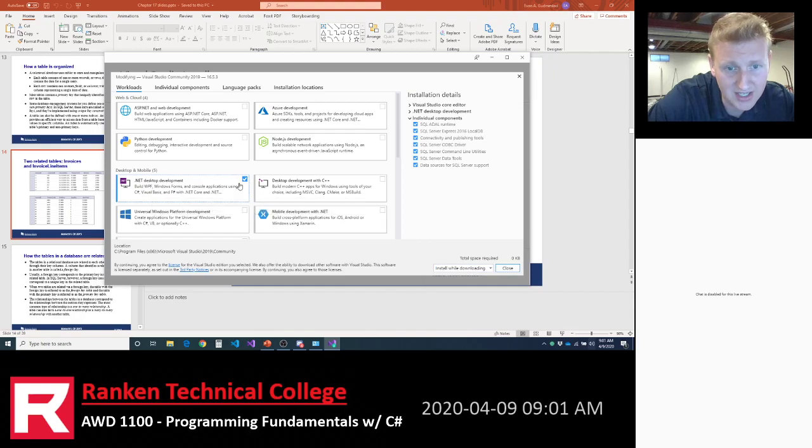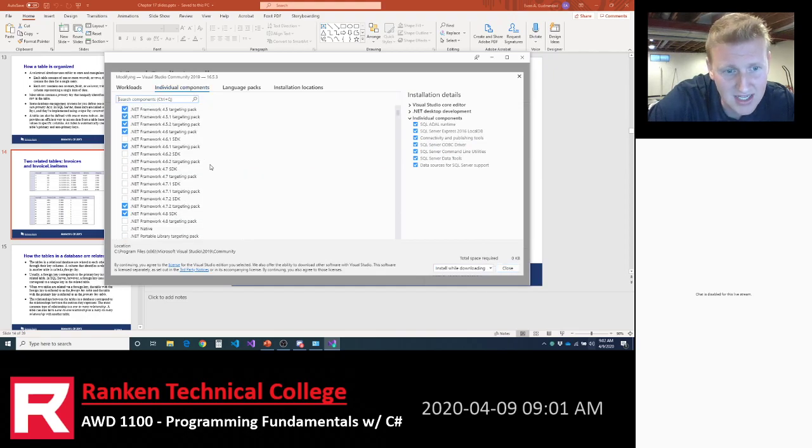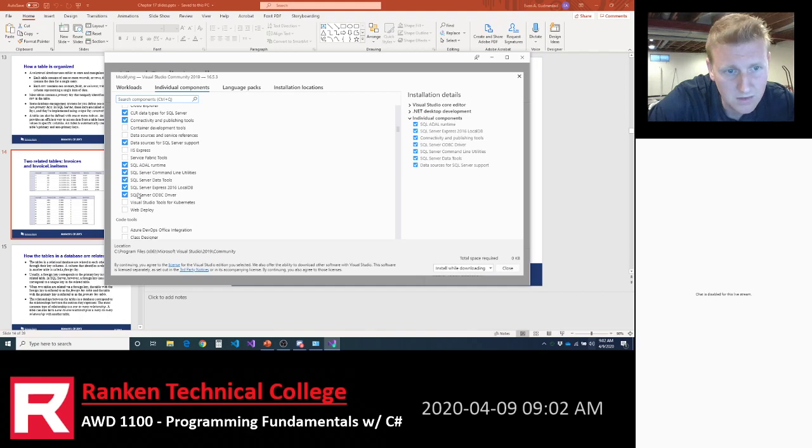But I think by checking this option, which I had everyone check at the beginning, it does look like LocalDB is installed. So based on this, I should not need to install anything else. LocalDB is installed. That's exactly what I need.